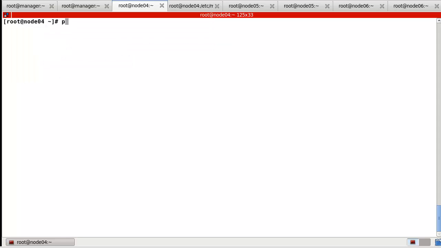So at first, PCS. Okay, first in my case, I will use the DLM, this one, OCF standard, Pacemaker provider, and type controld, and op monitor interval is 30 seconds.